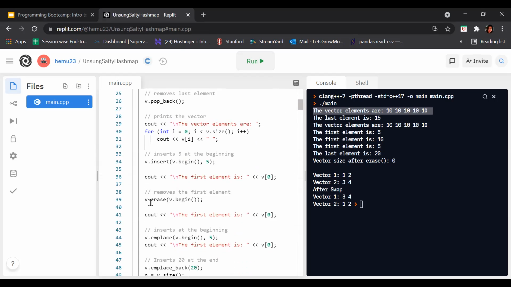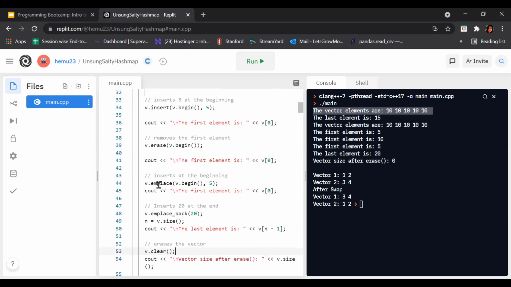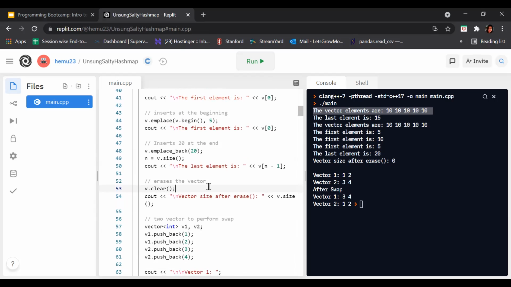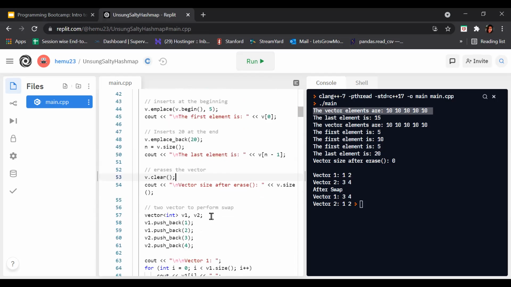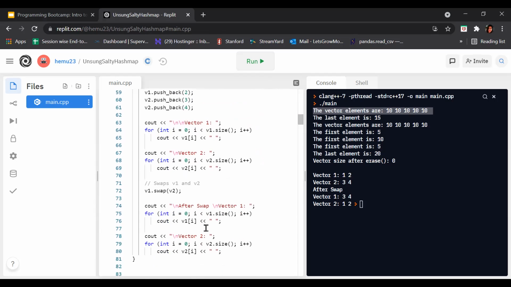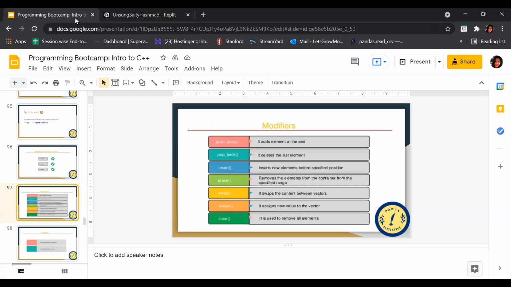We also saw erase, how to remove the first element. We also saw how to use emplace in place of insert. After that we looked at how to erase the vector by using v dot clear. And last but not least, we saw how to swap vectors. Okay. Now let's move to the other part.